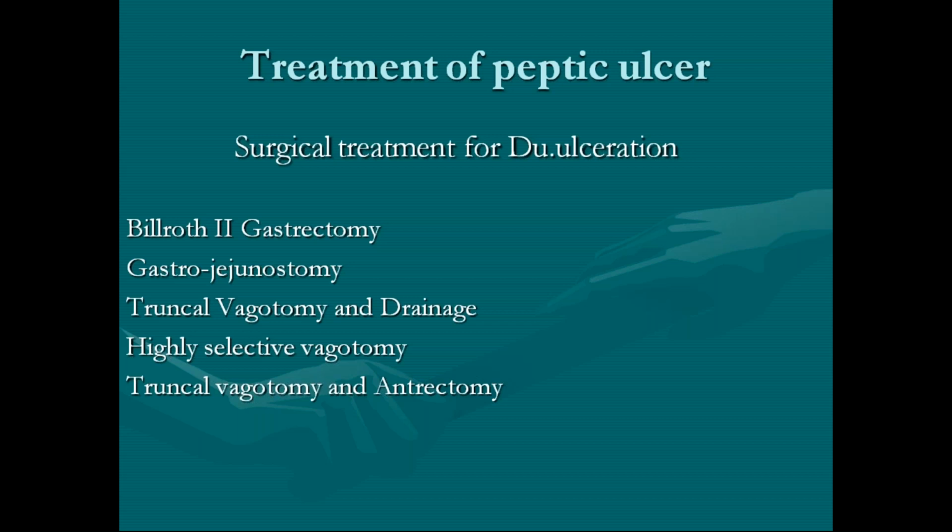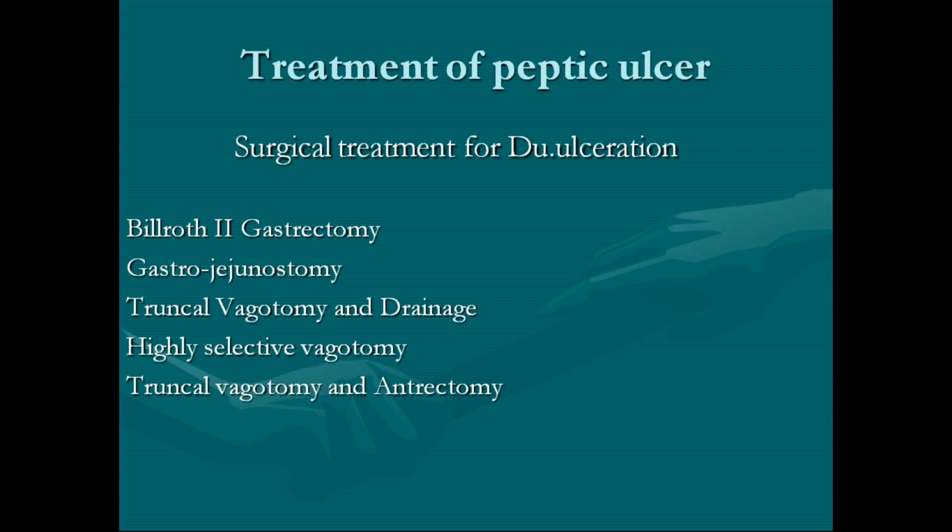Okay. So even after Billroth 2 gastrectomy, what can happen is, one, you can have a duodenal stump blowout. The other, you can have a gastrojejunostomy site leak, which is very less common. This can occur secondary to vascular compromise. And the other one is recurrence at the stomal site, because you have not done any vagotomy there. There can be a chance of recurrence of the ulcer at the stomal site.